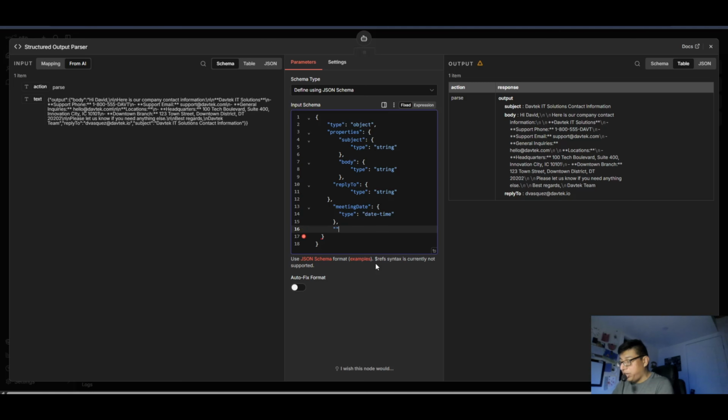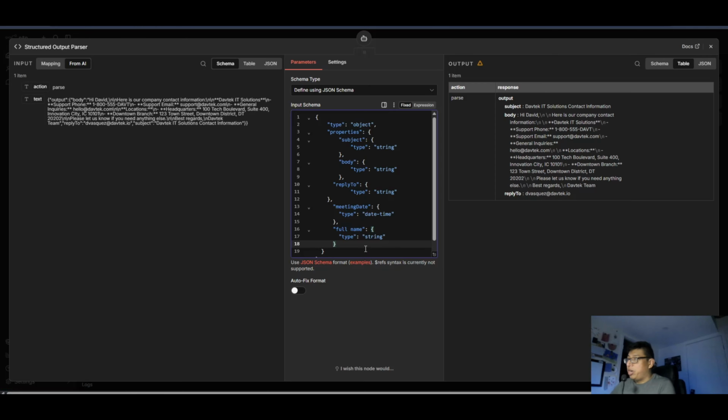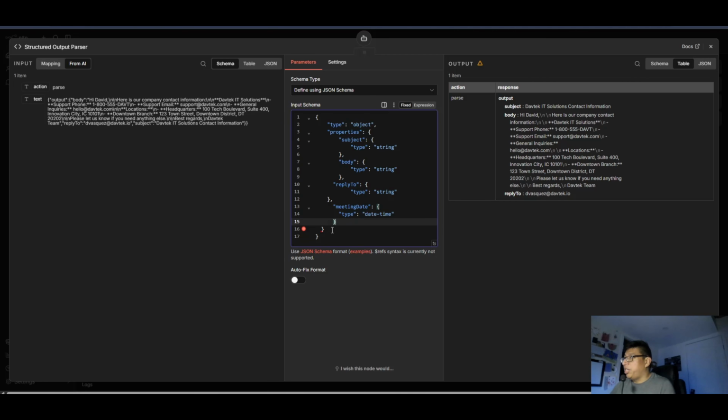So you want to add name, you can just add full name like that, squiggly brackets, type string. This goes in quotes like that. If you wanted to add another one, just make sure you add a comma and then do the exact same thing. But I'm going to erase this because I don't need that. I just wanted to show you that in case you wanted to modify that part.